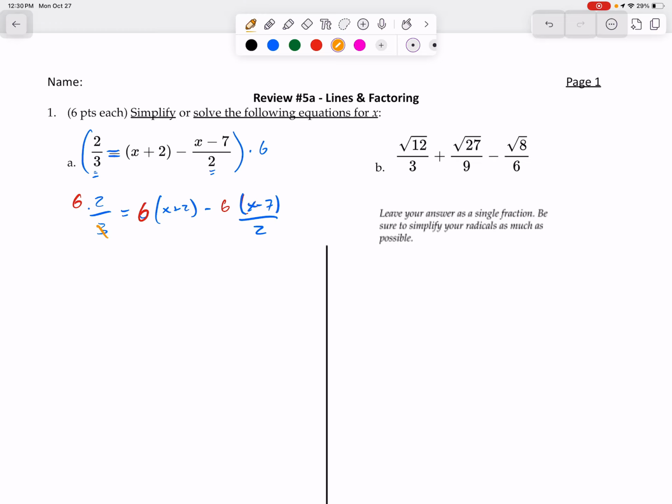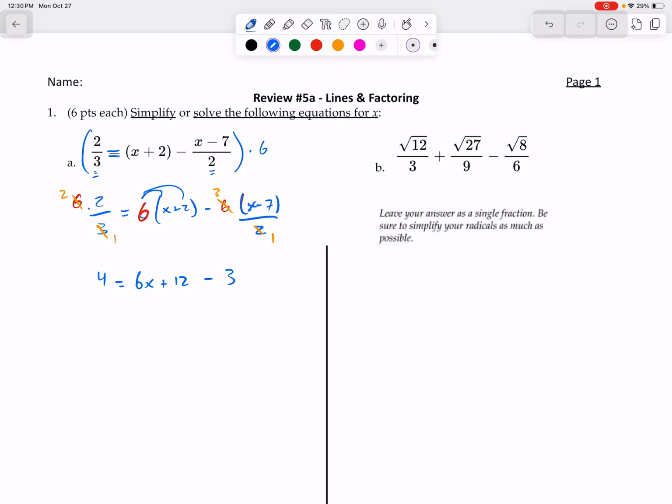So note that 3 goes into 3 once, goes into 6 2 times. 2 goes into 2 once, goes into 6 3 times. So we can simplify that. And what we get is 4 here, right? Because there's nothing on the bottom. It's 4 over 1 equals,